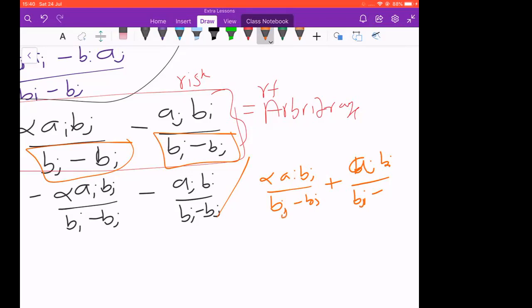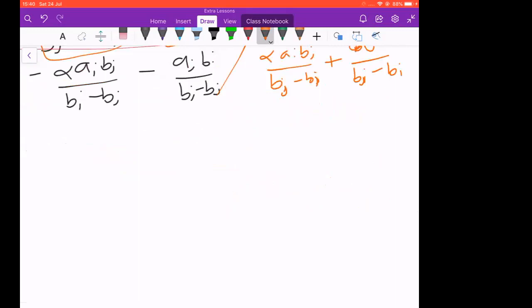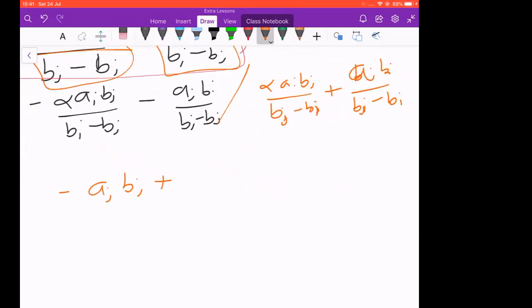So it will depend on how you simplify it yourself. So at the end, you would have minus aj bj plus, it's not going to be plus. So this one's going to be plus. Sorry. So you're gonna have plus aj bi is going to be equal to lambda 0 bi minus bj, and